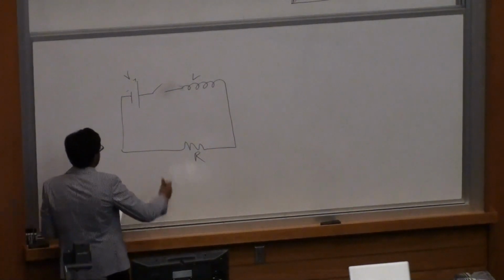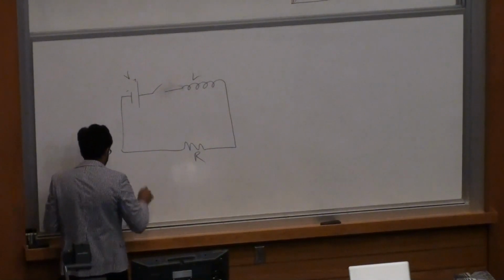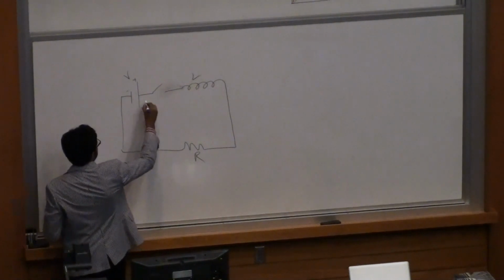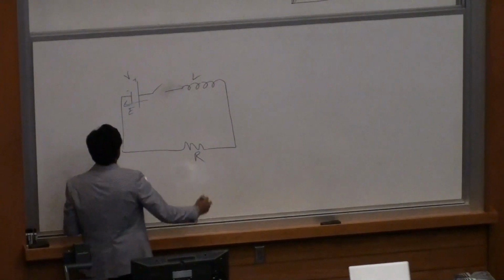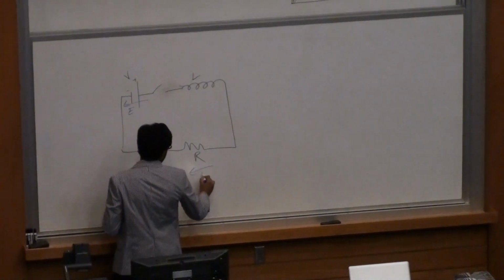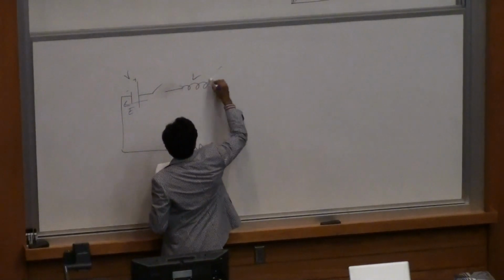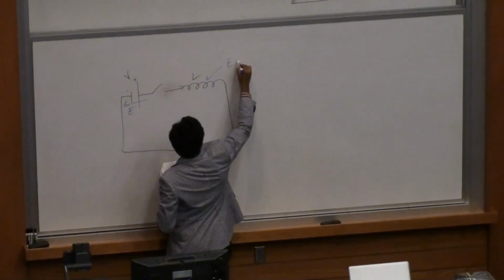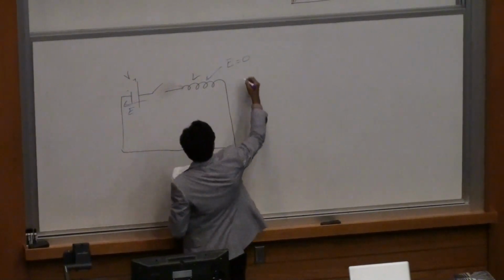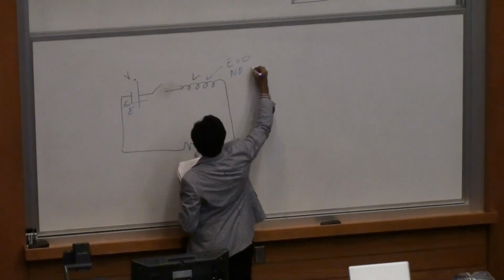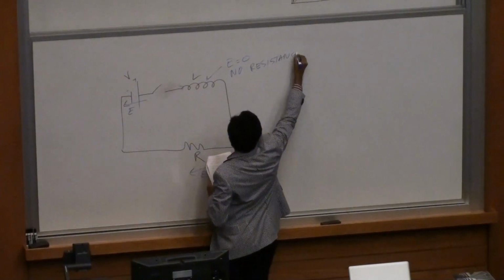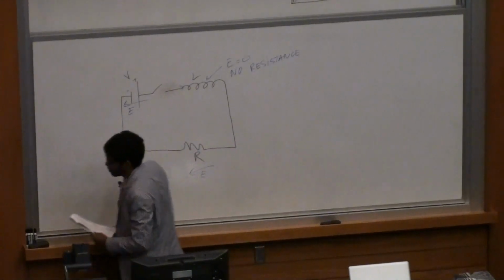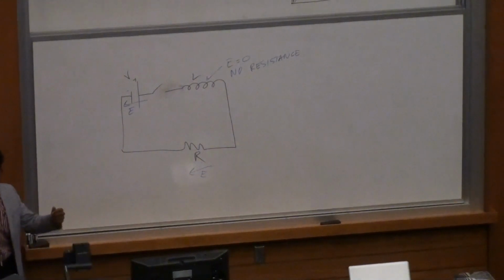Now, over here, I have my electric field going from here to here. And over here, I have my electric field going from here to here. This, however, has no electric field, because I said this doesn't have any resistance. Therefore, the electric field is 0. So when I march around,